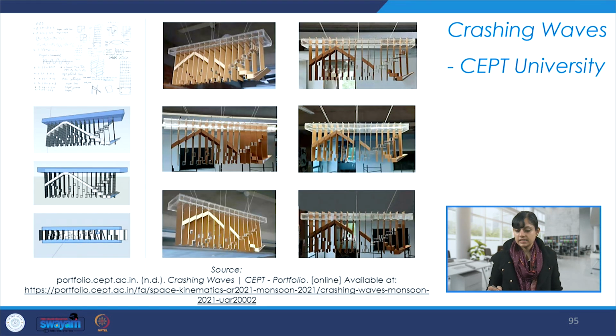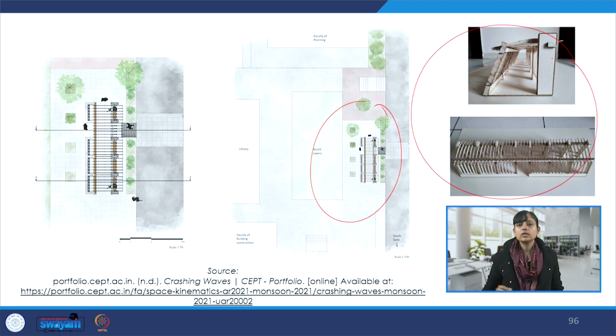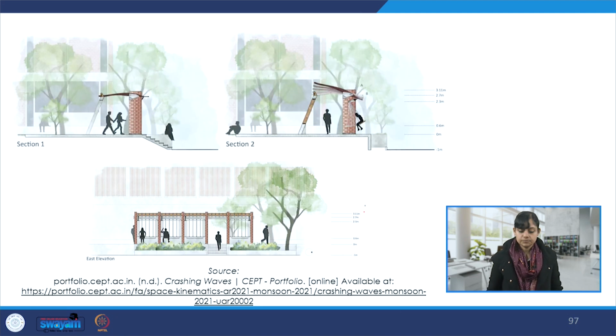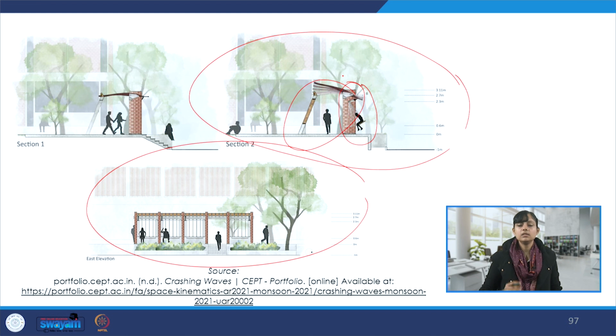and then seeing some examples like Crashing Waves, which is a studio exercise which was done at CEPT University, and how it is placed and how it works and what does this installation do to engage the people and the passerby. So this discussion we did, and an interesting interrelationship between the swing, the user, and this entire design, and how this entire system and assembly works and people respond to it, and vice versa.